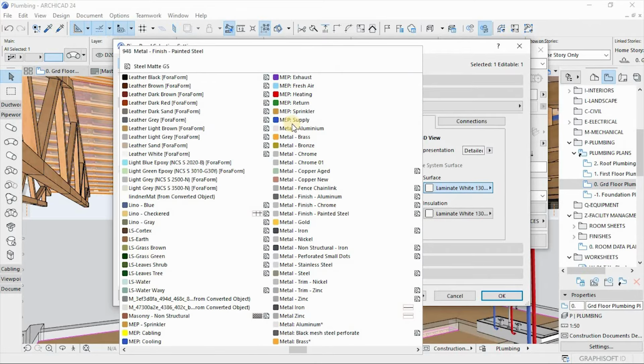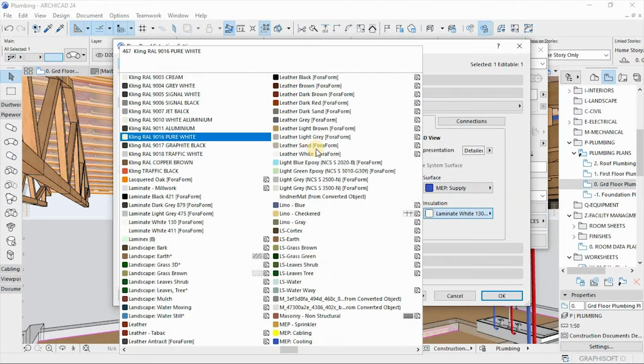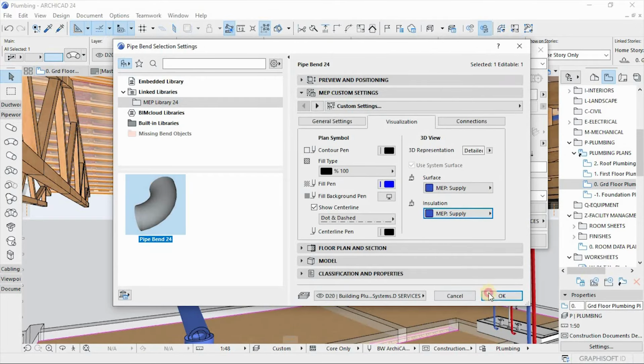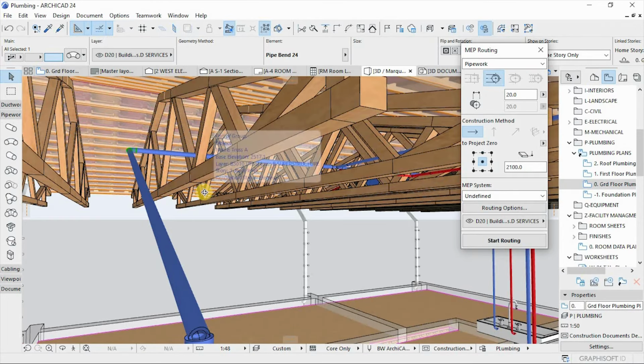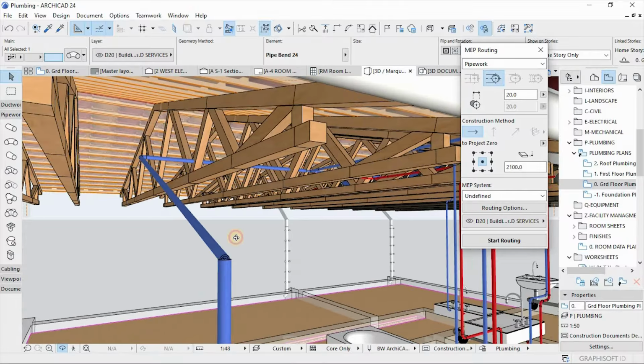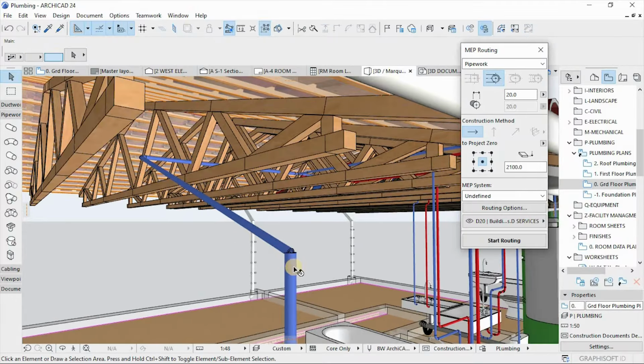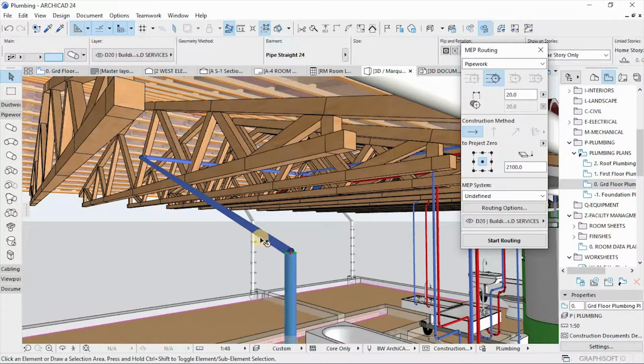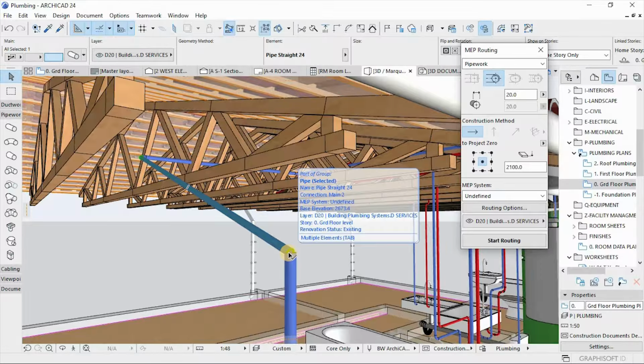MEP supply, same applies to this one. MEP supply, hit OK. Perfect. Here we have a challenge because it was snapping to this pipe. That's where the inclination went down. We have this gradient, but we want to keep it